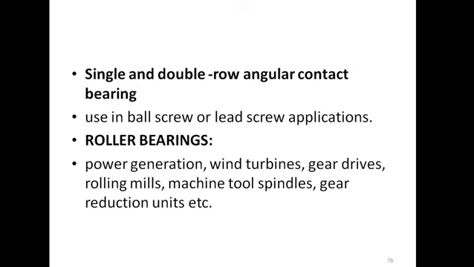Just I will give you a review of whatever we've seen in previous lectures. In the study of machine elements, initially we have learned about the introduction, then we have learned about the shafts, the couplings, then we have seen about the welding joints, what is the use of welding joint, what is the purpose, what is the application. Then also we have seen the riveted joint, what is the use of riveted joint, why we are using the riveted joint, and what is the application in industry. We have seen this in the last lecture.